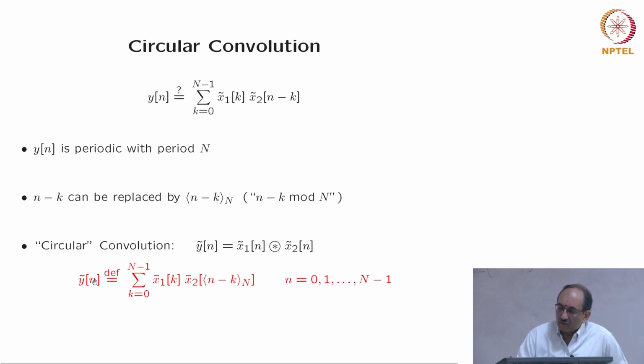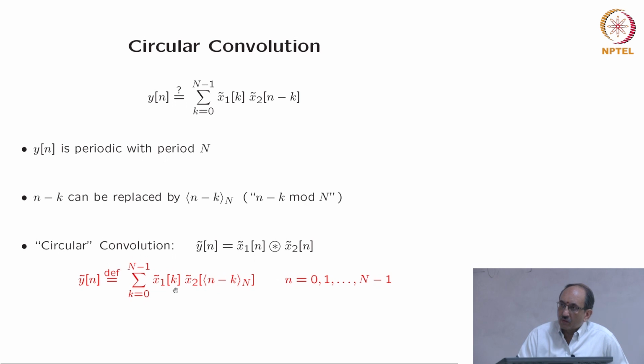So the actual definition of circular convolution is the sum from 0 to N minus 1 of x1 tilde of k times x2 tilde of n minus k, where n minus k is n minus k mod N,